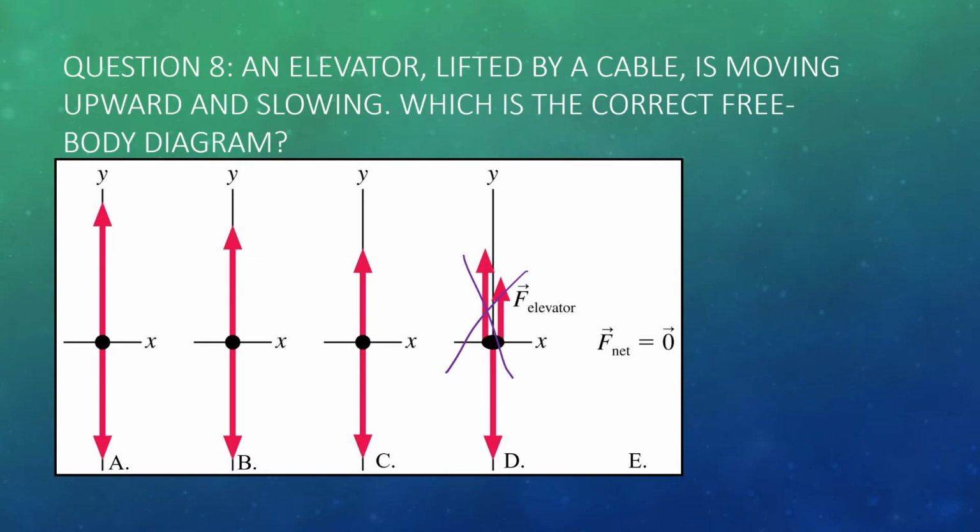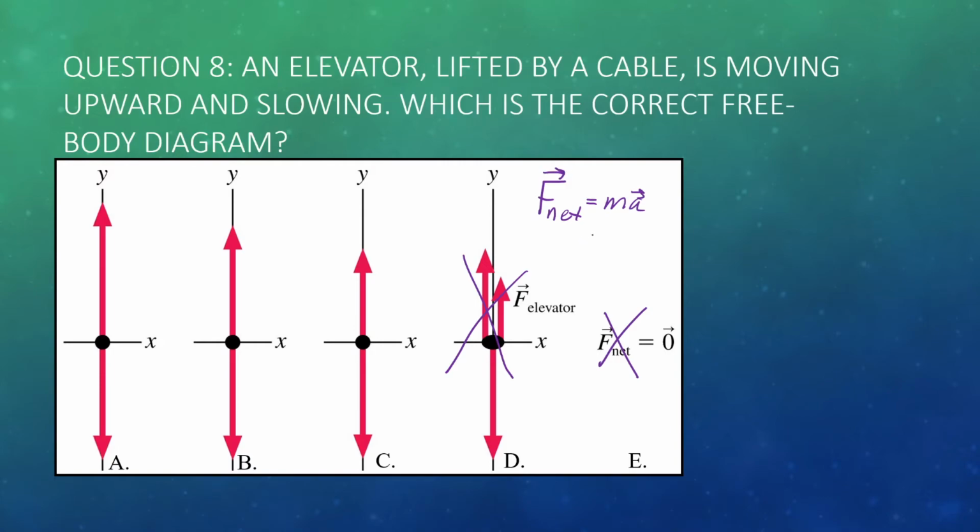And because it is slowing down, that means there is an acceleration, which means there is a net force. We can rule out option D and E as a result now. So, keeping in mind what we said in our last question, we have a situation where we're moving up but slowing down. Slowing down means acceleration points in the opposite direction of motion, which would be downward. So if we have an acceleration that's pointing downward, we have to have a net force that is pointing downward